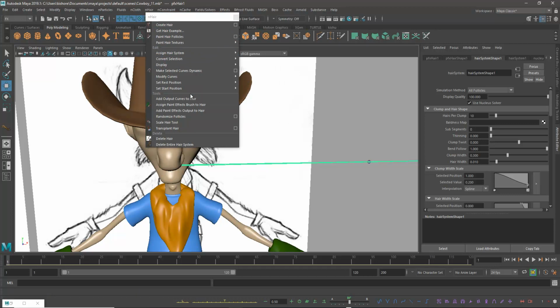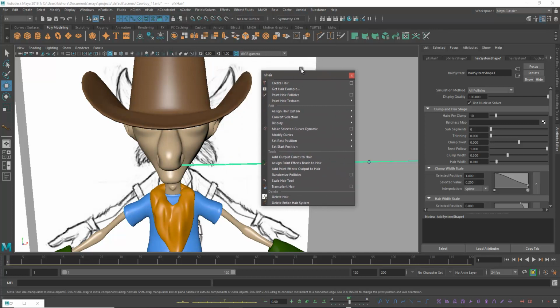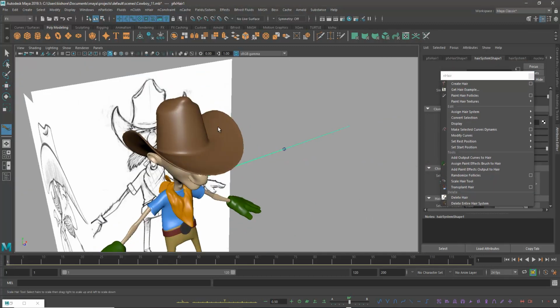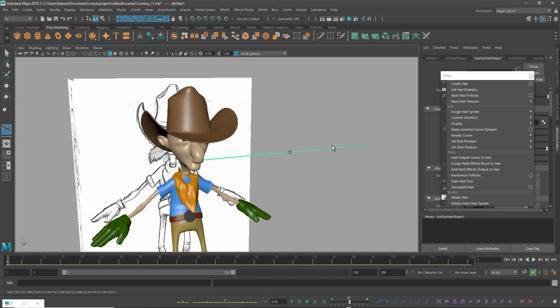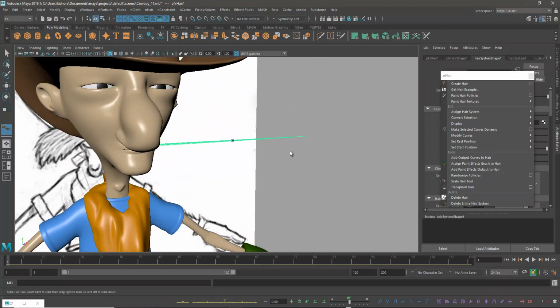There is an option called hair scale, the Scale Hair tool. Take the Scale Hair tool, click over the hairstyle, hold the left mouse and drag down. You can observe that the hair is completely down.